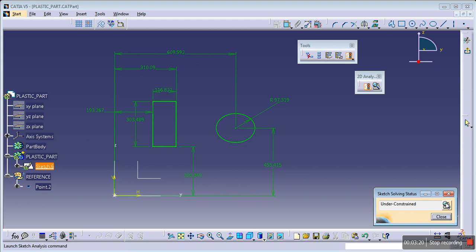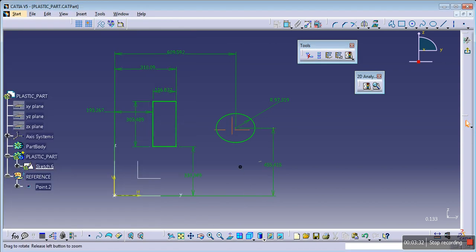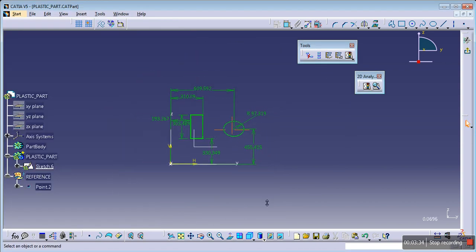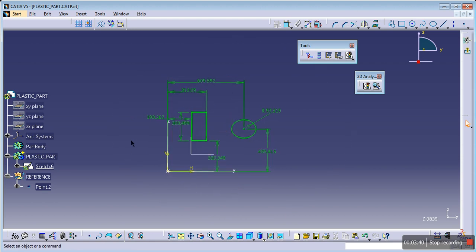What you can do is go for the trim option, that is delete geometry or constraint. So the point which is not constrained is deleted. There is a risk in this option, as if the point is in connection with any of the constrained sketch, it will affect the entire design.